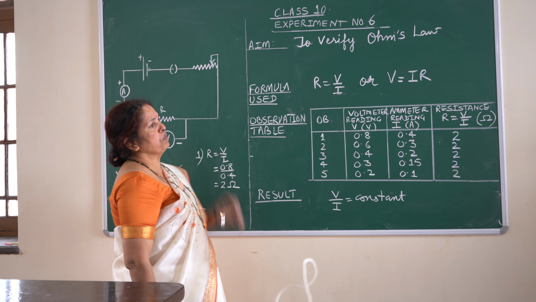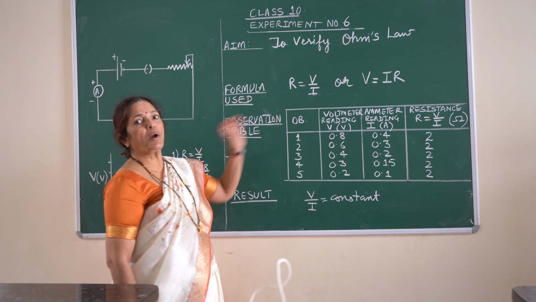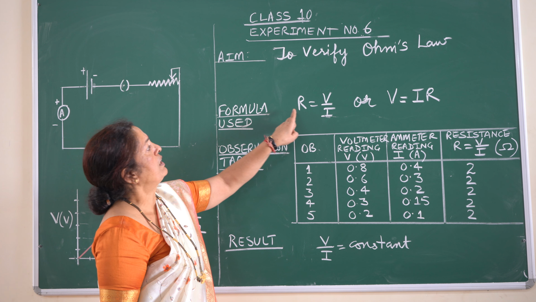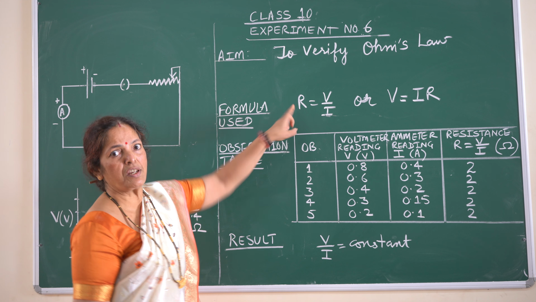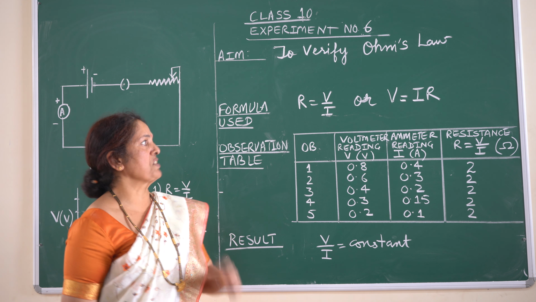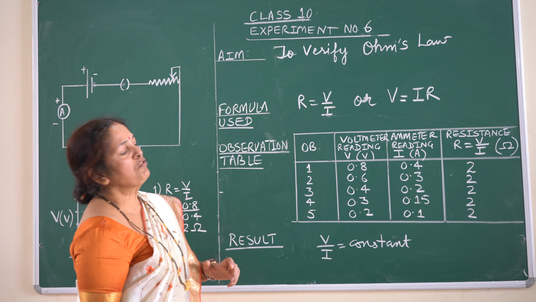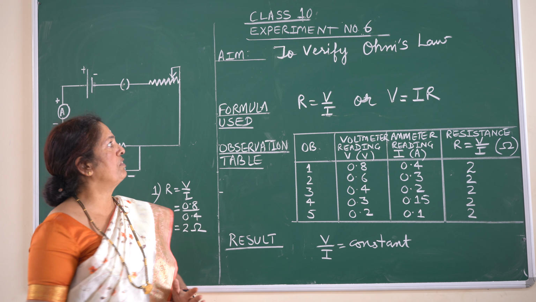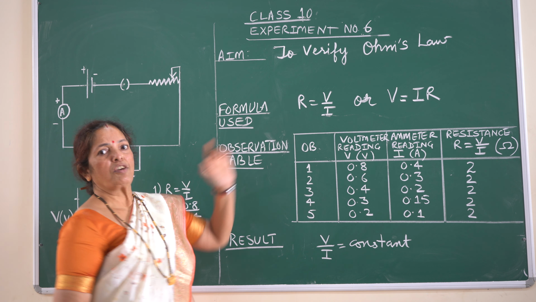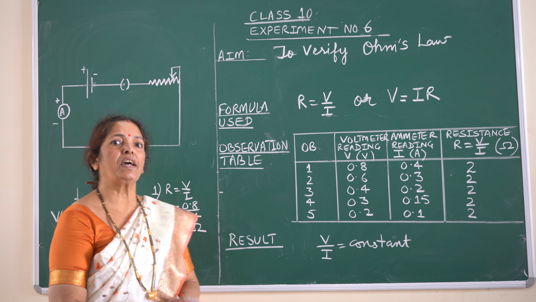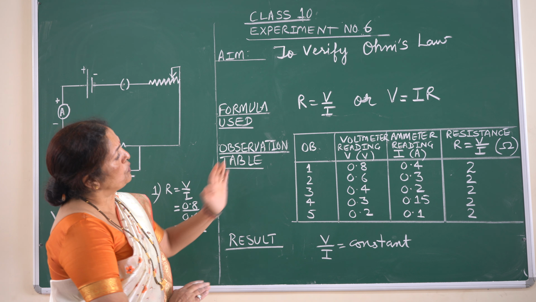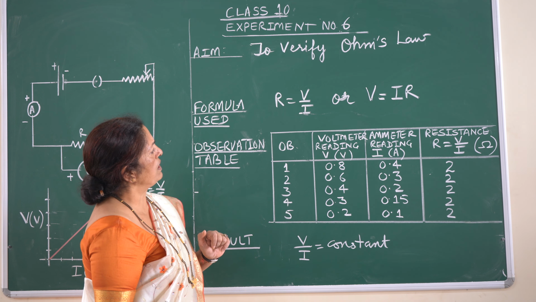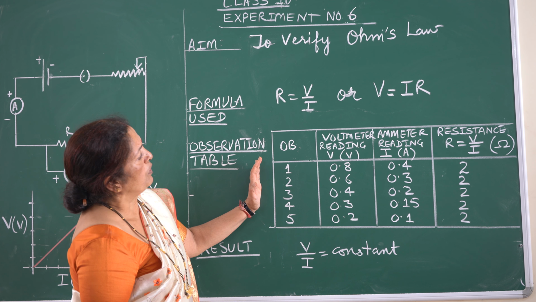The formula used is going to be R is equal to V upon I. That means the ratio of V and I will always be a constant, which is going to be the value of the resistance, right? Or the modified form of Ohm's law formula, which I have written there also: V is equal to I into R, where R is the resistance, V is the potential difference and I is the current. Now the observation table, the very small observation table, what we need here,